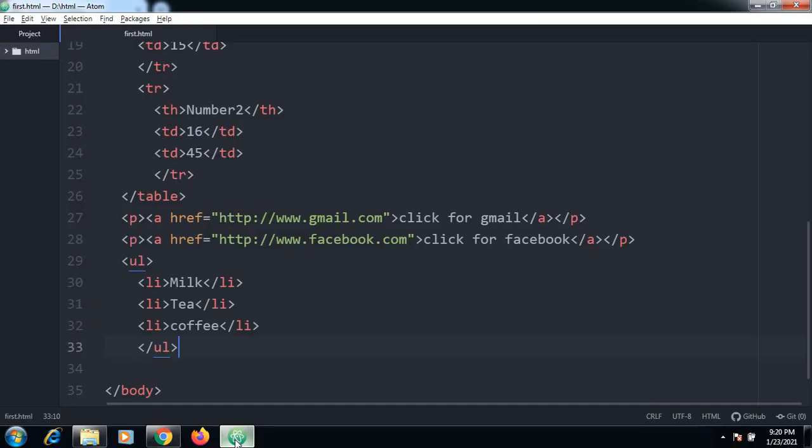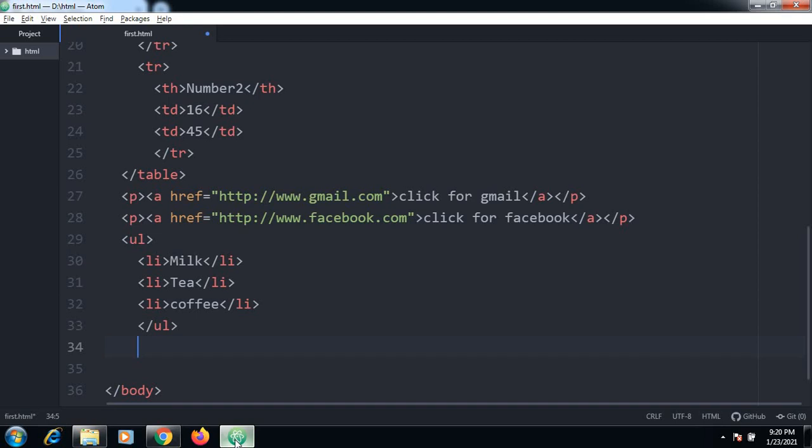So what about the next thing? We have forms. So how to create the forms in the particular thing? We can create the forms by using the form action. So what action has to be taken when we click the form? It will be diverted to some website. So I can say some website name I'll give. Action is the thing, but when I submit the form, what should happen? So that is what the action is.